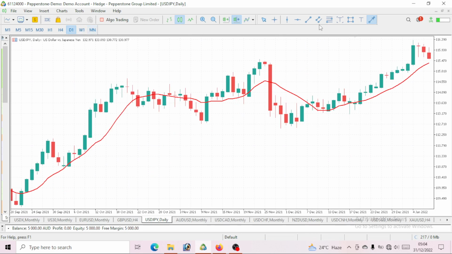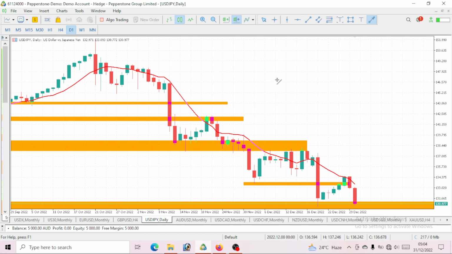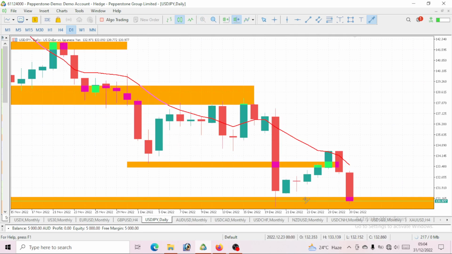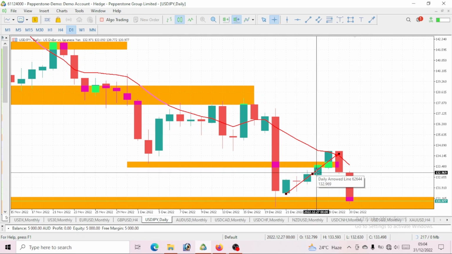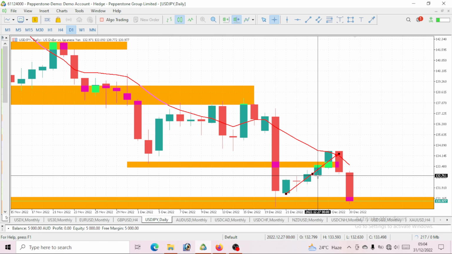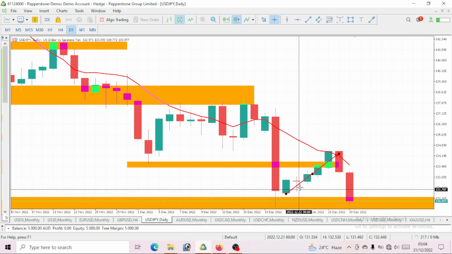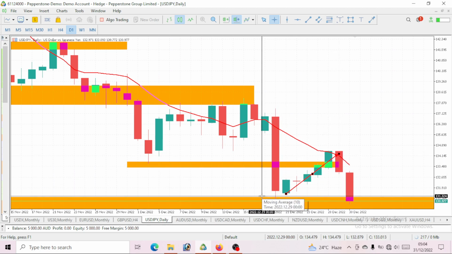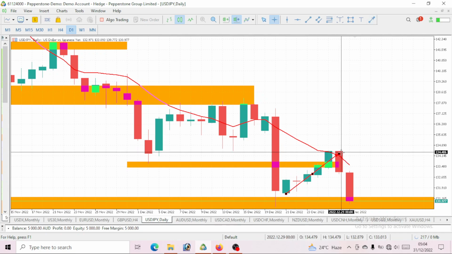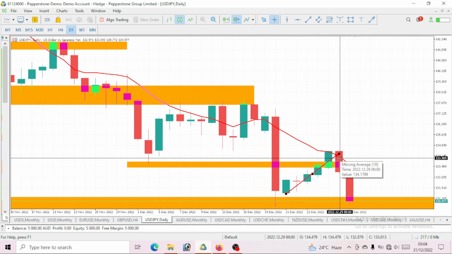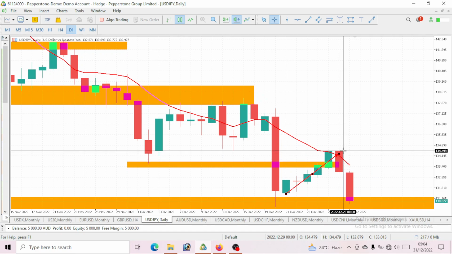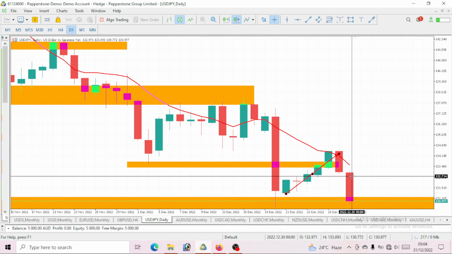Now let's take a look at the daily time frame. If you were following this channel consistently, I also told you guys I would be having a pullback. I think this movement started at 27, right? I told you guys on the 27 that we would have a bullish move. Even prior to that, I told you guys that a pullback will be made on this USDJPY. This is what we've gotten. And after this pullback, what did I tell you again? I did analysis for the 29, and I told you guys that we would expect a bearish move, which we actually got. I also did analysis for the 30, and we also got that same bearish move.